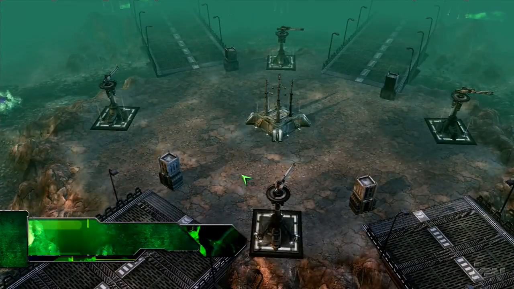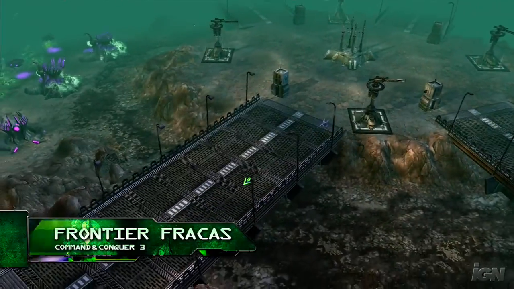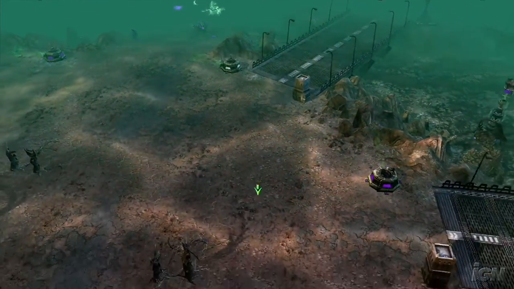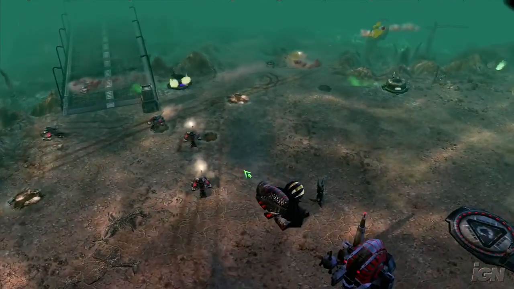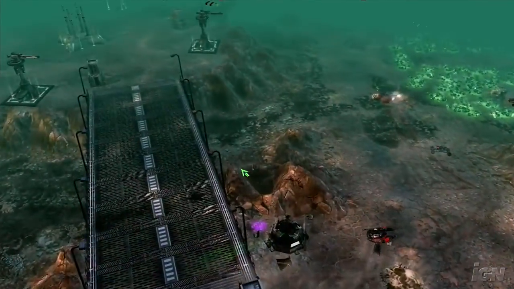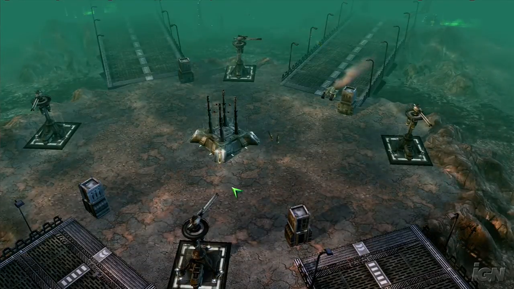This is Frontier Fracas, a large, 4-player, symmetrical multiplayer map. Frontier Fracas really emphasizes team play and defensive play. There's lots of Tiberium on the map, lots of bridges, lots of choke points, lots of bunkers, and lots of defensive turrets. There's also one of these game-ending EMP control centers right in the middle of the map, so expect